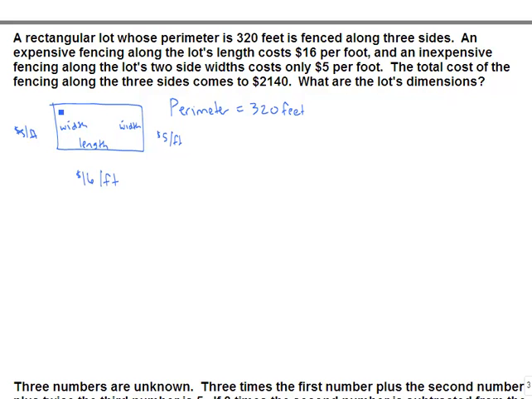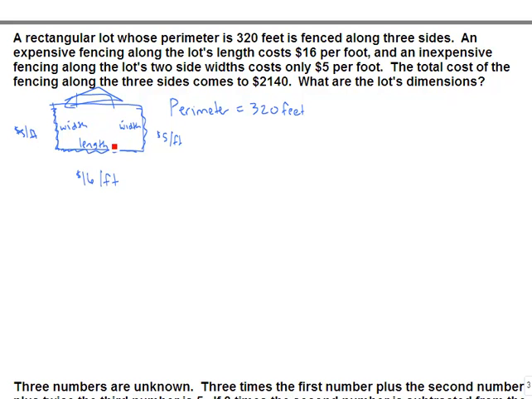Now we aren't fencing along this third side, only these three sides here, not along the fourth side. Maybe the house is on this side, for example, which means we don't need to have fencing along that side. So here's our picture. So we need some variables, and in this problem, since we're looking for the lot's dimensions,